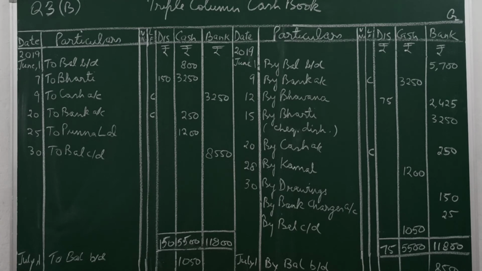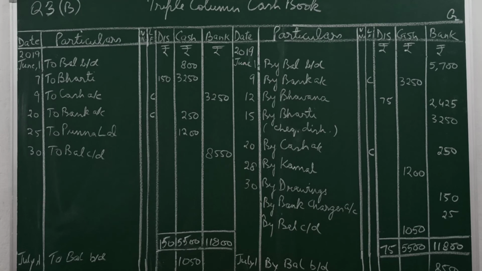The check was endorsed after 3 days. So on the date of receiving the check, it will be treated as cash transaction. On the debit side to Pannan Lal 1200, and after 25th we have a transaction in the question as on 30th, but 28th comes first, so you have to pass the entry on the credit side by Kamal for endorsing. Endorsing means forward the same check. In other words, you have treated as cash on 25th, so cash is going out. On 28th, credit what goes out by Kamal 1200 in the cash column.